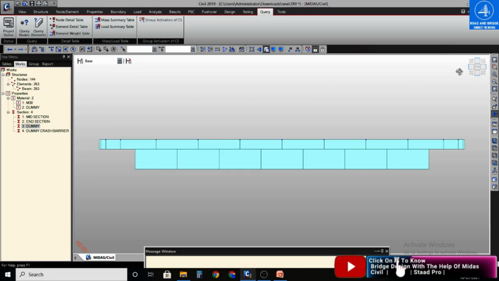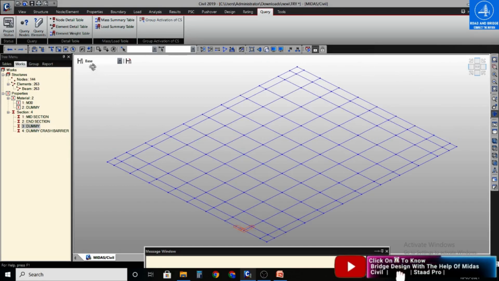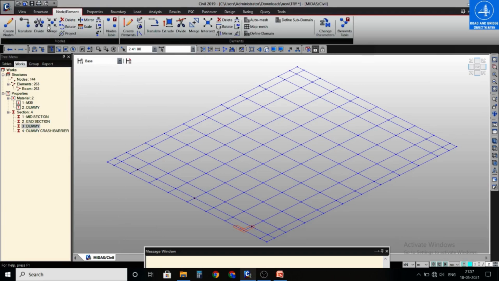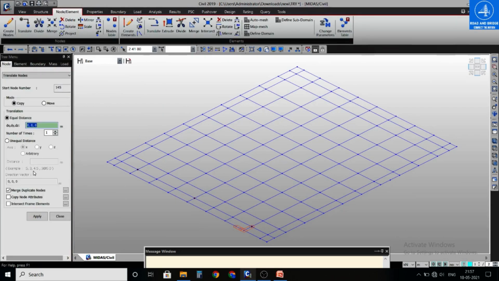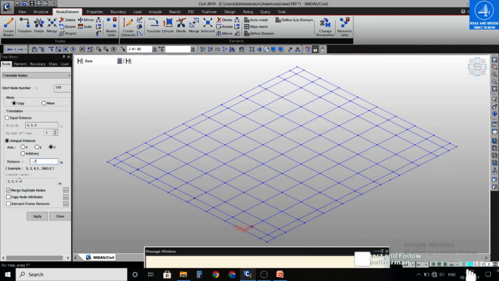So select the nodes, come to the 2D, select the middle nodes and side nodes, and translate them minus 0.7 meter, and apply.